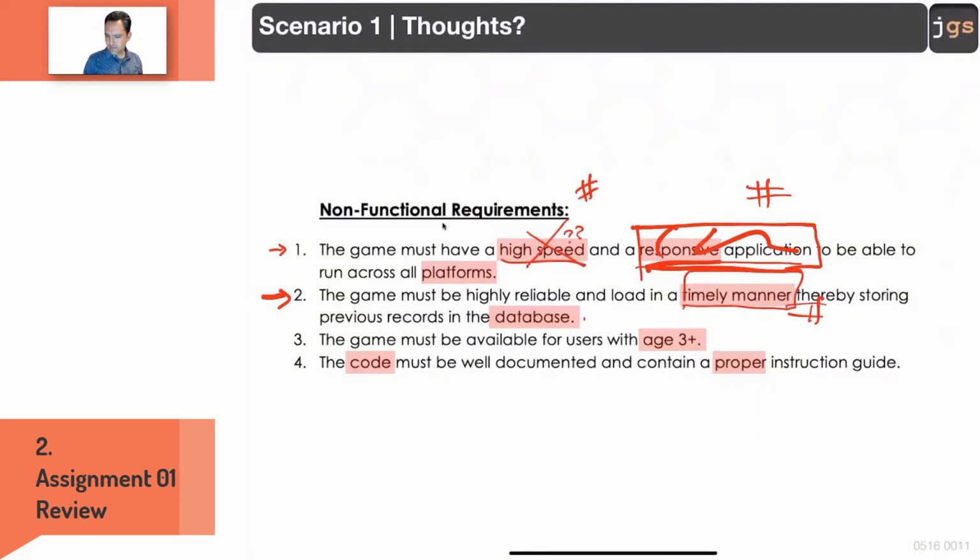Storing previous records in the database. Well, number 1, I am not sure if we have a database in the Pac-Man video game. We have a storage, but not sure if database per se. But assuming that we have a database and this is telling me store something in a database,